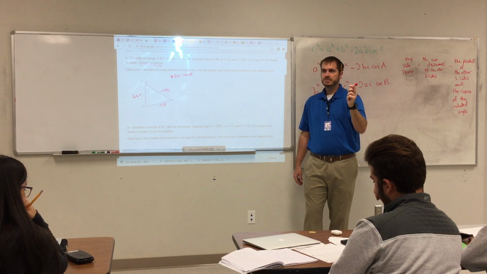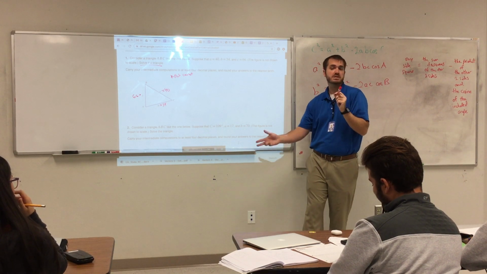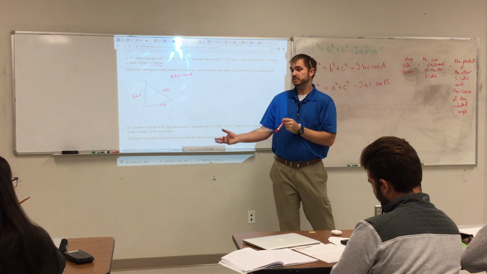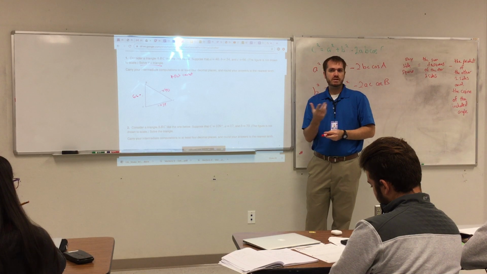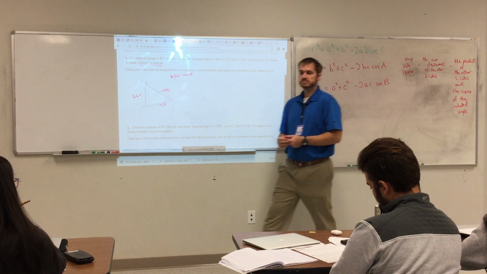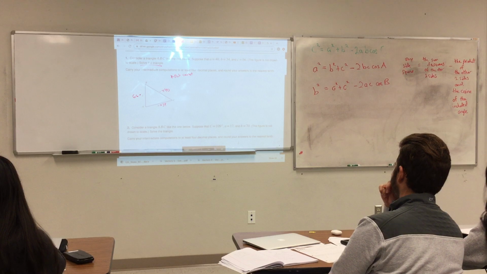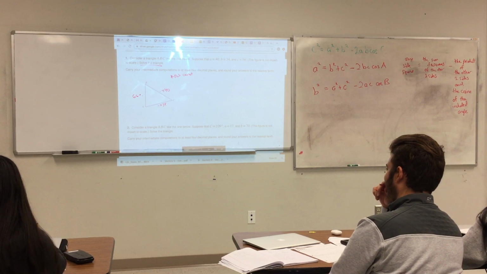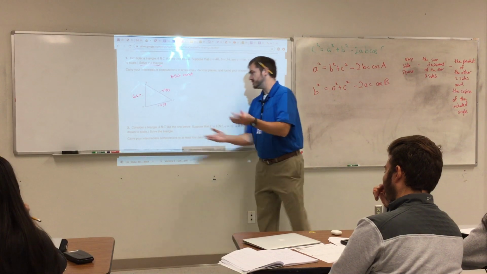No. Here's what we'll do. We'll try it out. Worst case scenario, I'm wrong and we just get to do the problem twice. Okay? But I think it's the small side, then you pick the other one, and then you can just use the law, and then you can just sum them up and subtract from 180. Let me look at my notes, see if I wrote myself any. I didn't tell myself anything on that one. I'm going to say pick the smallest just because I wrote that down, and then we'll see if I'm right